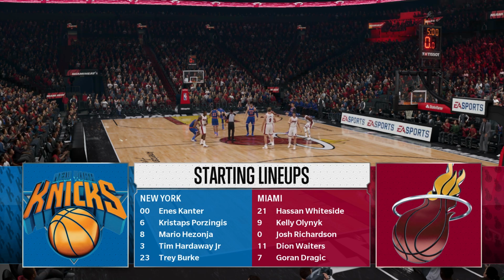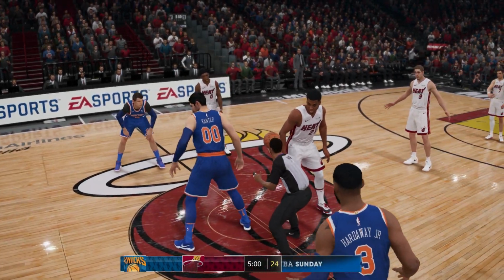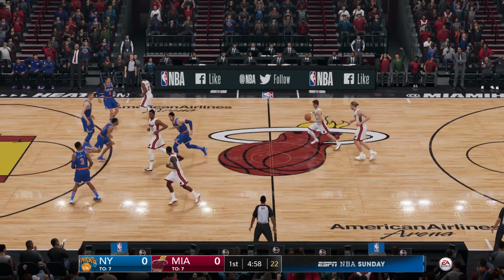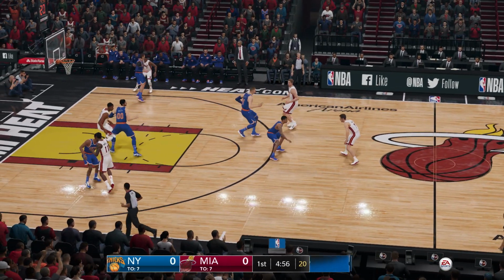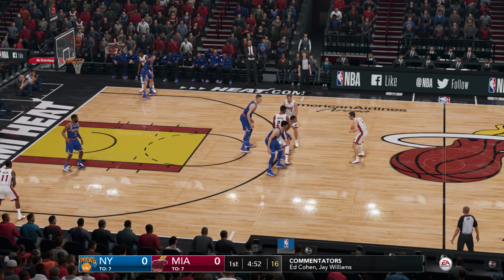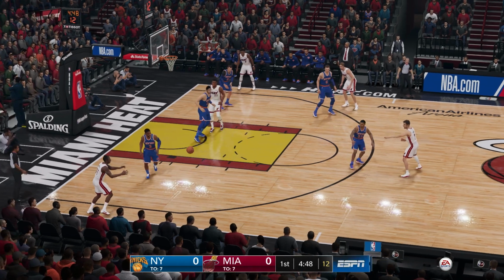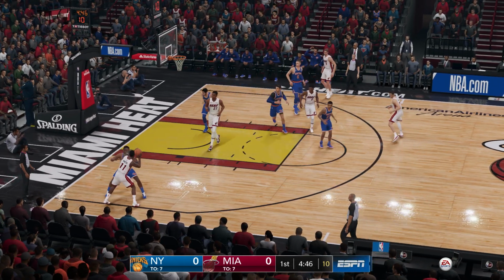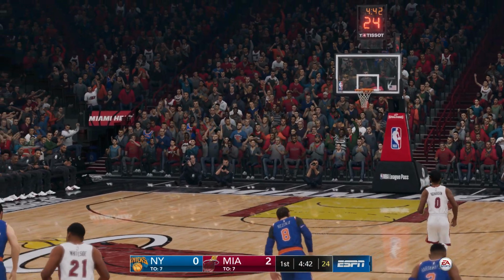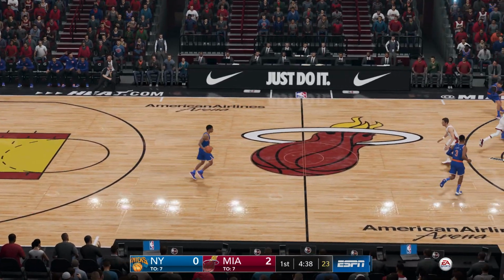Tonight, another big matchup on EA Sports. All right, here we go. Dragic to Waiters. Inside, he scores. As a team, when you establish your dominance in the paint early, it's critical to your offense